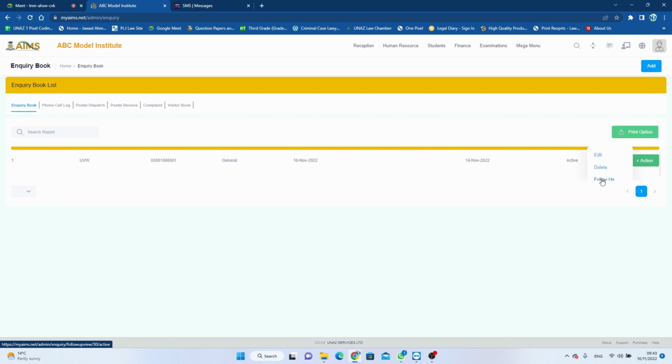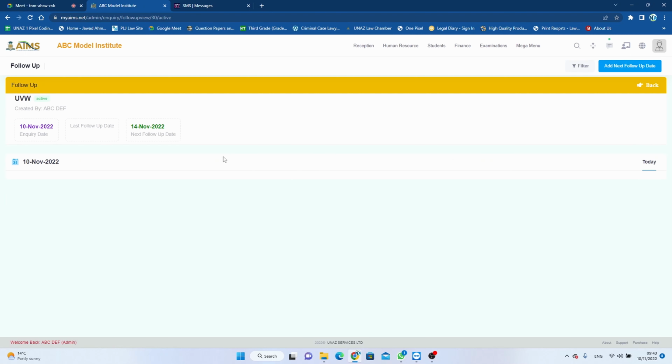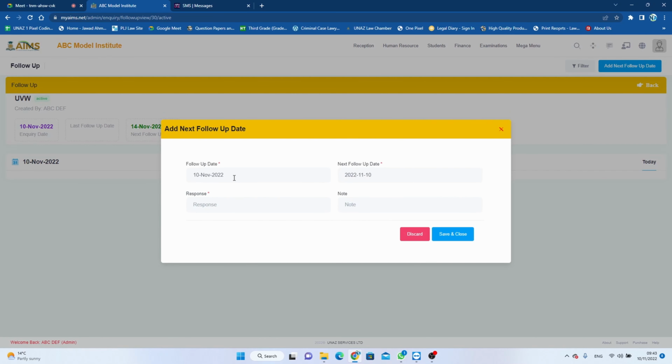If you click on the follow-up here, you will come to the screen. So now who is doing it, the next follow-up date, add the next follow-up date. So what's the outcome on the screen? Today is 10th of November, you can change it, and that is the next follow-up date. So I'm changing that from 14 to 11. Response contacted